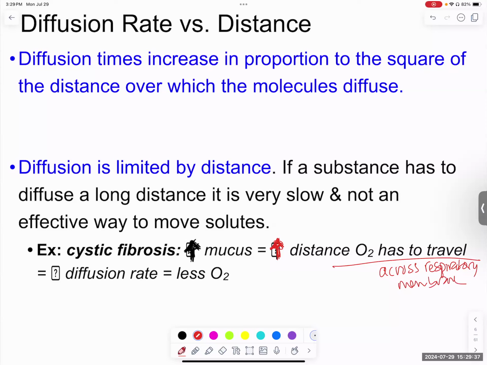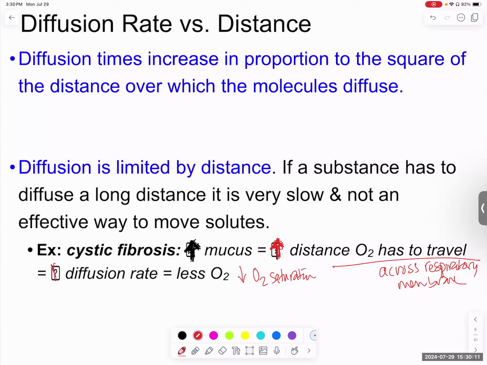And you have to remember, oxygen's coming from the inside of the alveoli of the lungs. It's got to diffuse across the respiratory membrane into the blood. Blood's moving. It doesn't stop and wait for the oxygen to load onto it. So if the oxygen has to travel too far, that red blood cell's already passed it by, and that red blood cell has not loaded up 100% with oxygen. So you're going to have a lower O2 saturation